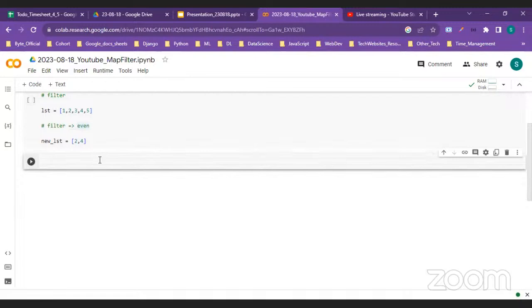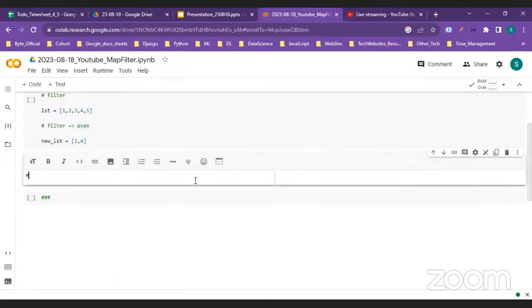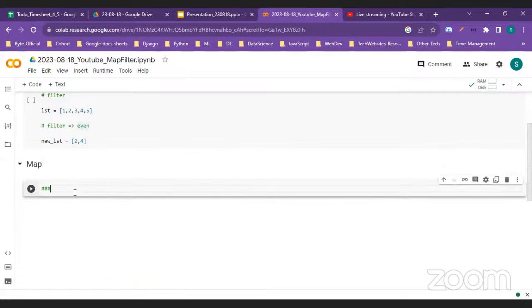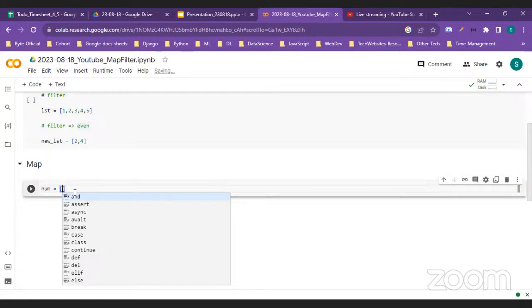First, I will start with map. All right. Okay, let me take a text cell. So let's start with map. And first I will generate some numbers. Okay. So let's say I will be using list comprehension in order to generate some numbers between 1 to 25. All right. So num